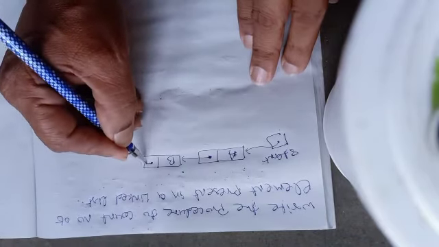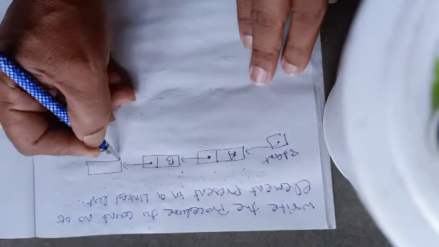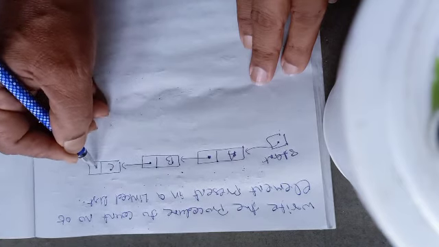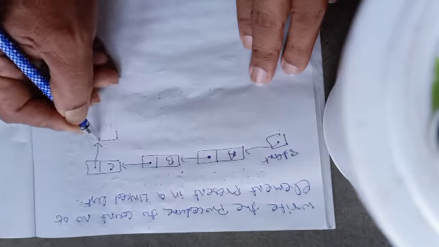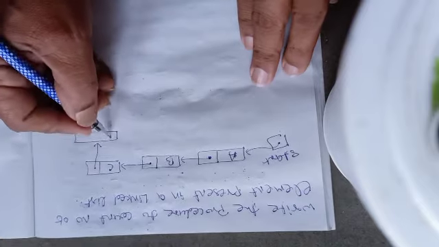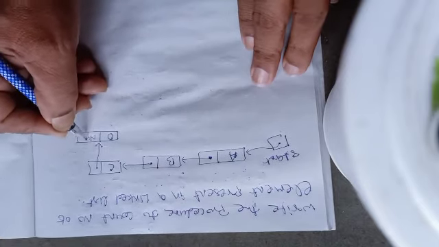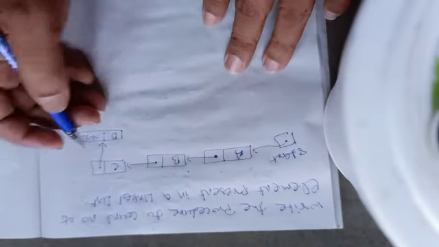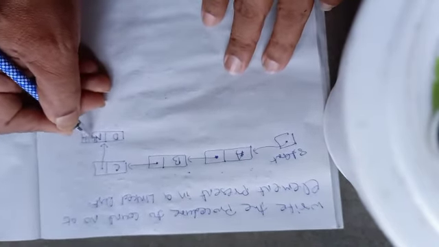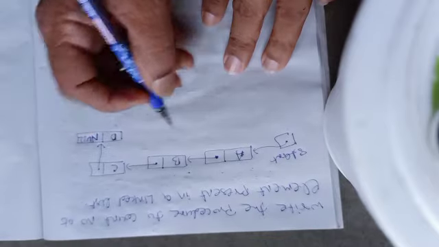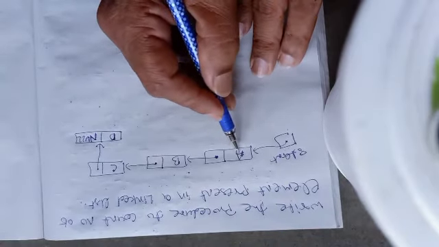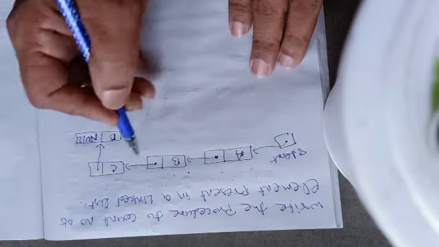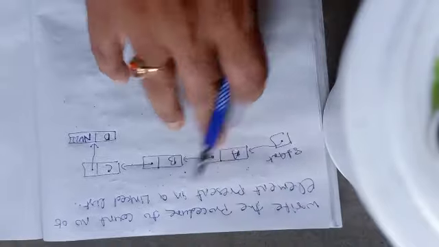Now there is another node. This is C. And say D. And let us assume this is null. So there are 4 nodes, and the link part of the last node contains null. So 4 nodes means in each node's info part there is some data. So I will say there are a total of 4 elements. But now I will write an algorithm to count how many nodes or how many elements there are.